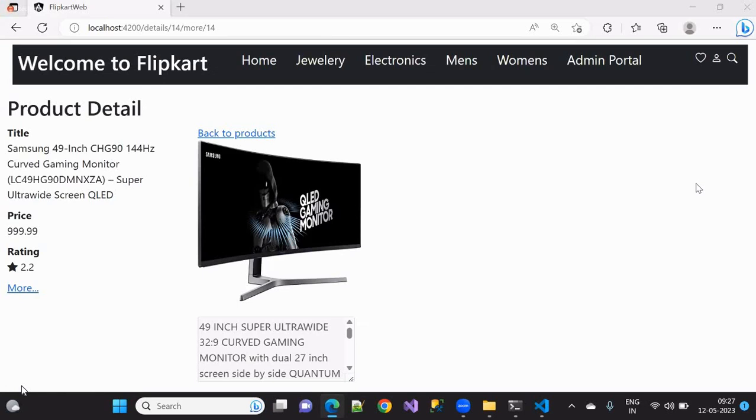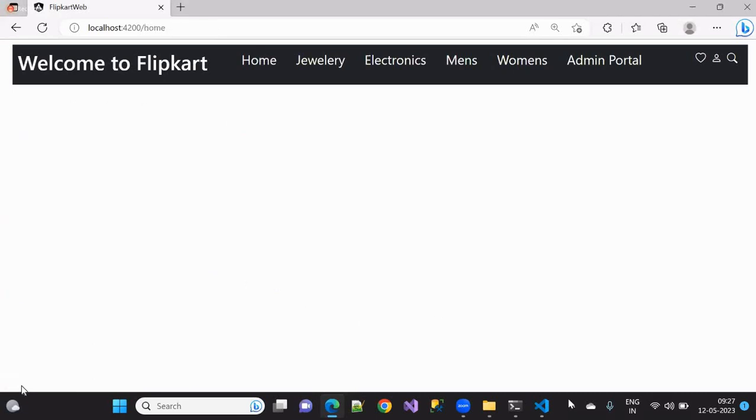Children means child routes. See, all the routings are not going to happen on the same page, right? Yes or no? If it is available in one page,